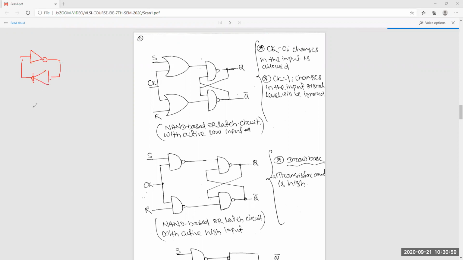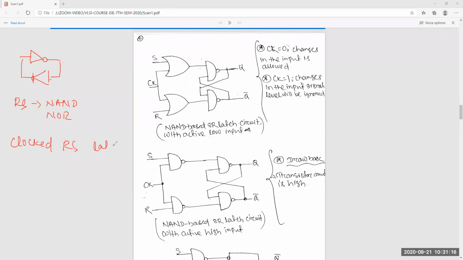Now we add two things, that is the RS latch, NAND based and NOR based. Again, the clocked RS latch, which is also NAND based and NOR based.